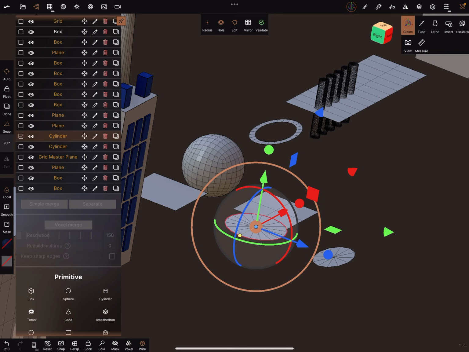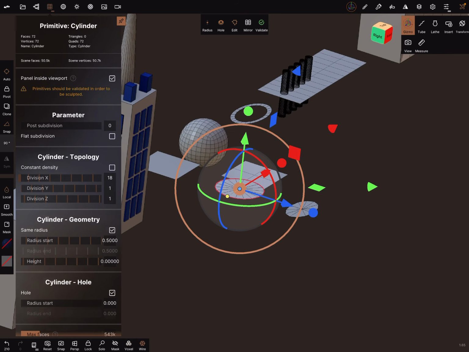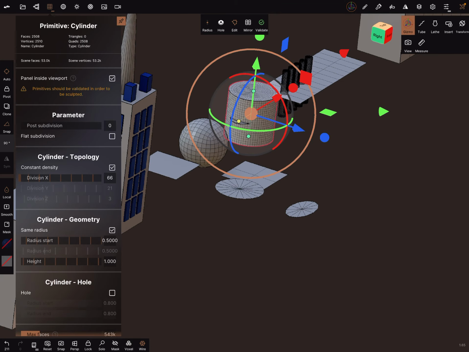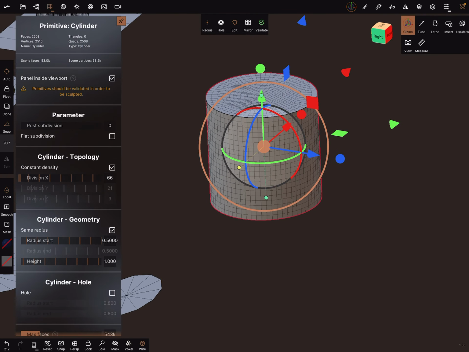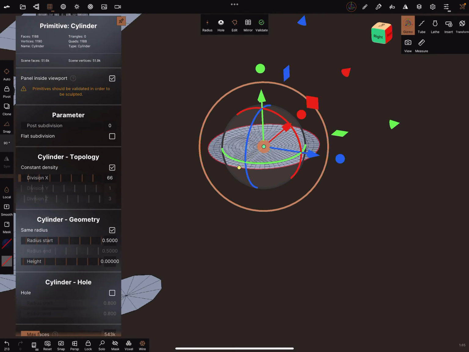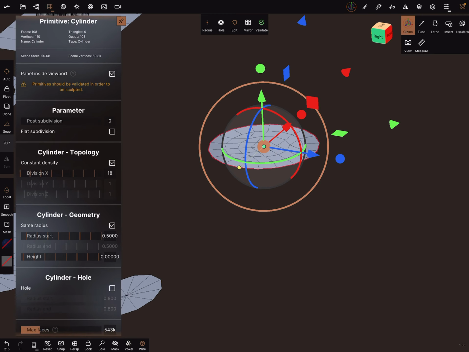This one is a cylinder. Okay, I create a new cylinder, bring it in position, and you can reduce the height to 0, and you can change here the divisions.